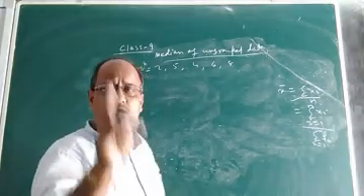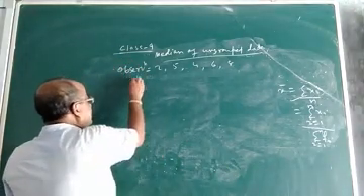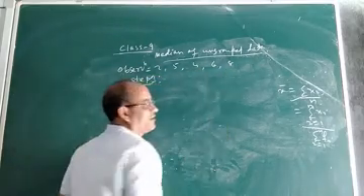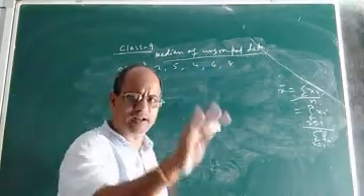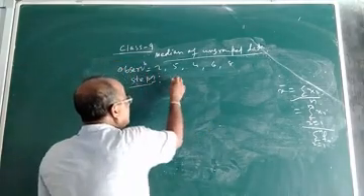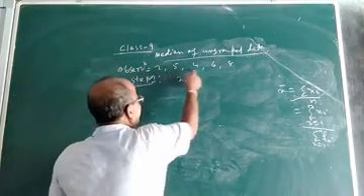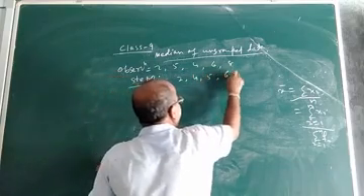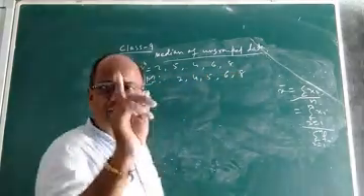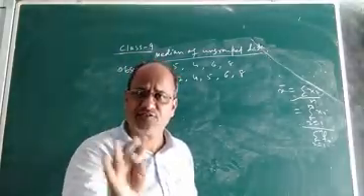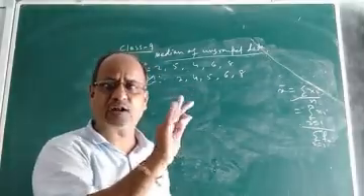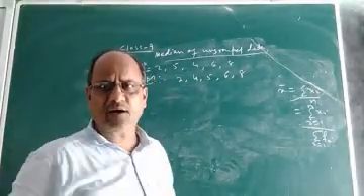What will you do? What is the first step? The first step is you write the observations in ascending or descending order, in any order you like. Suppose we write in ascending order. In ascending order, it will become 2, 4, 5, 6 and 8. So the first step to find the median of ungrouped data is, first you write all data or observations in the ascending or descending order as you like. Suppose I wrote in the ascending order.